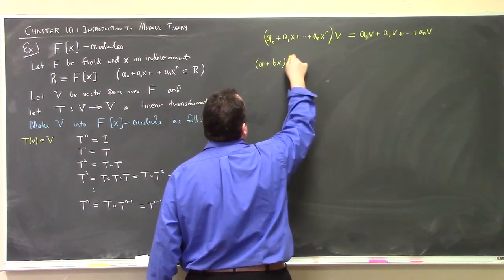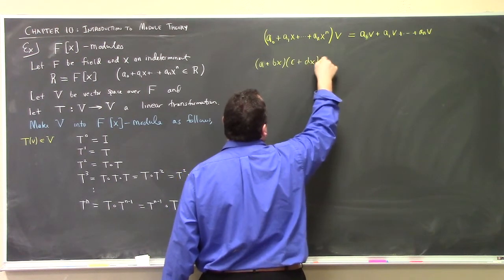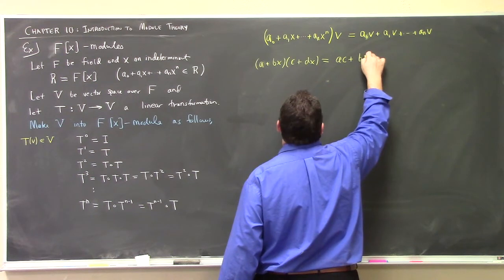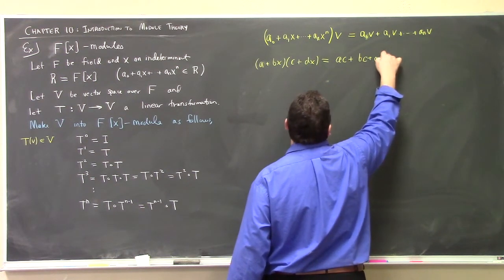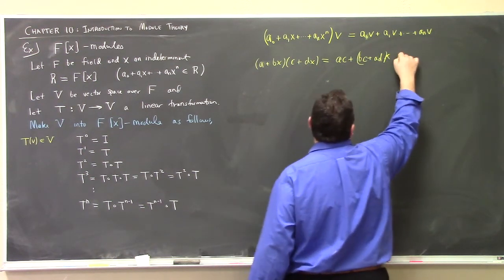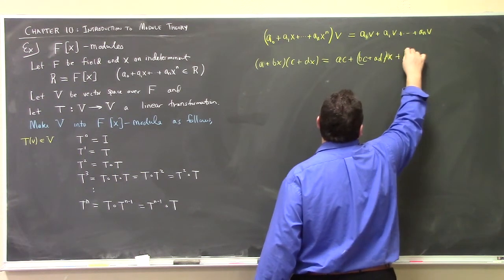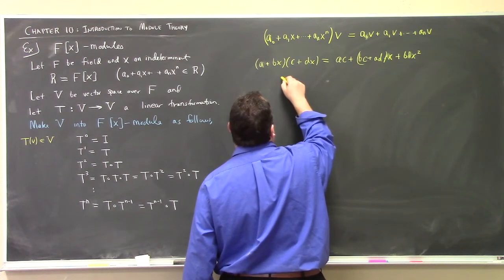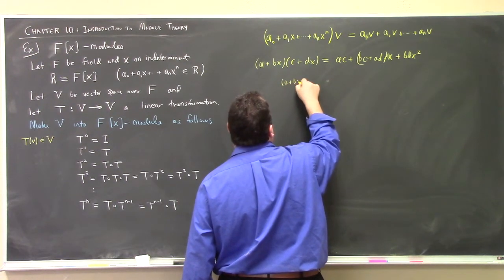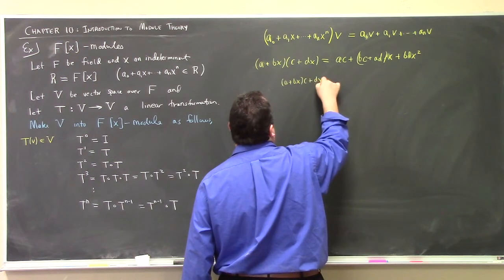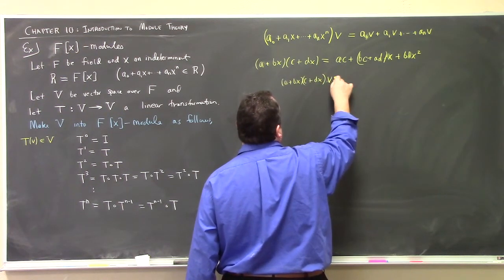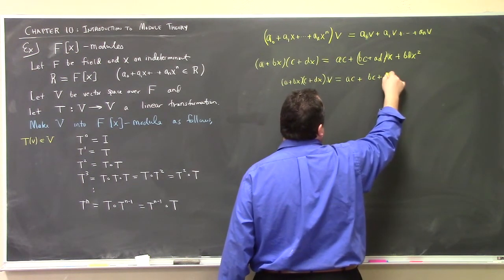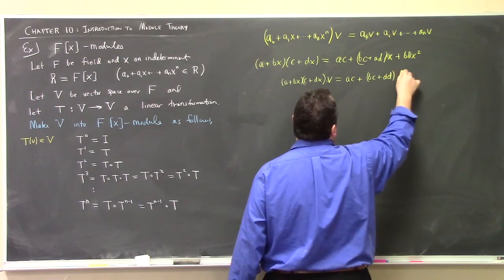A plus BX, and C plus DX, is AC plus BC plus AD X plus BD X squared. So this acting on V would give me AC plus BC plus AD plus BD, all acting on V,